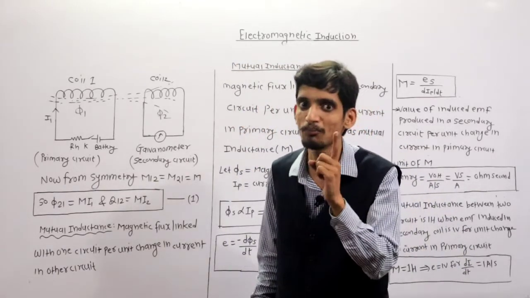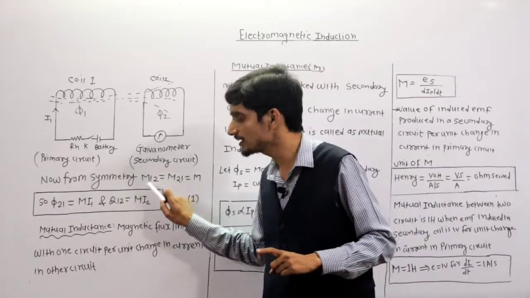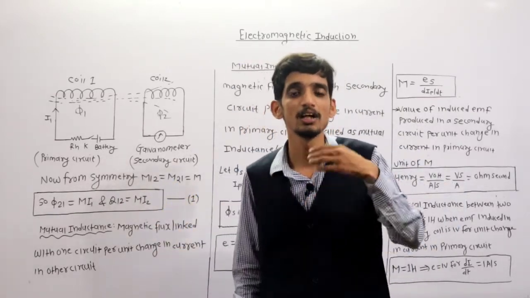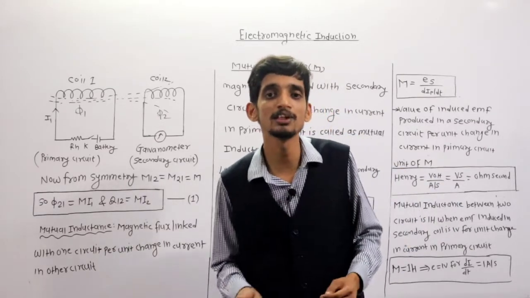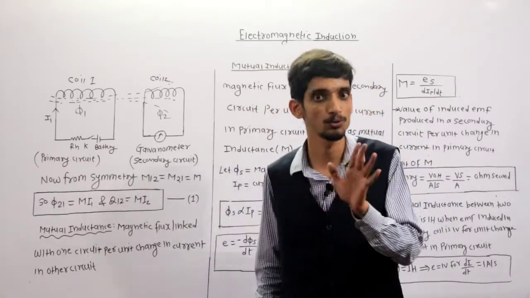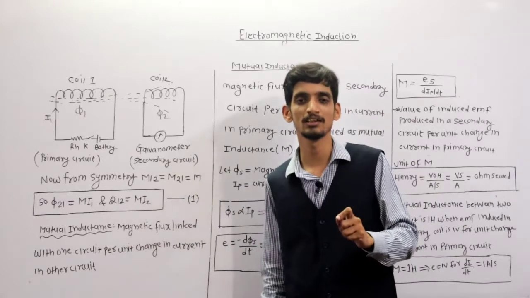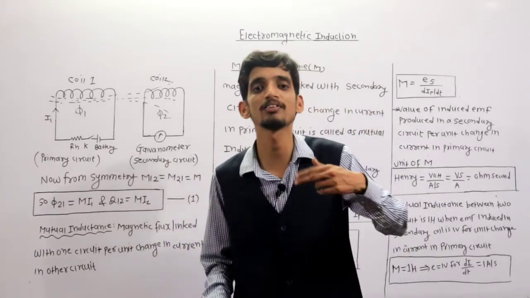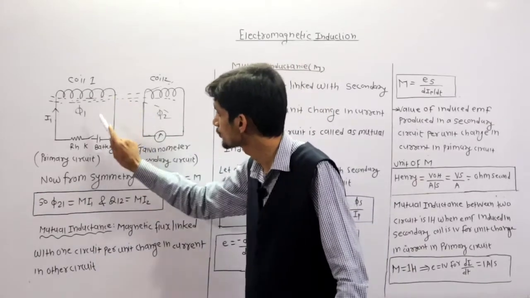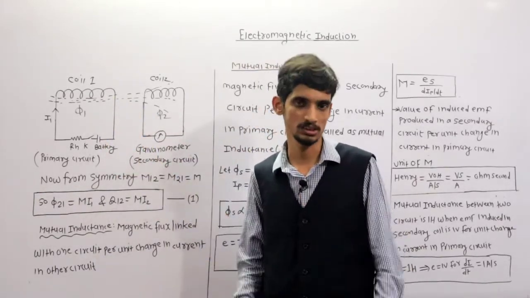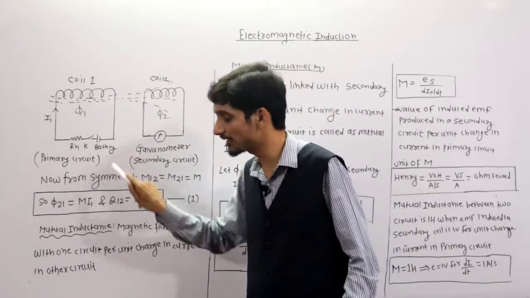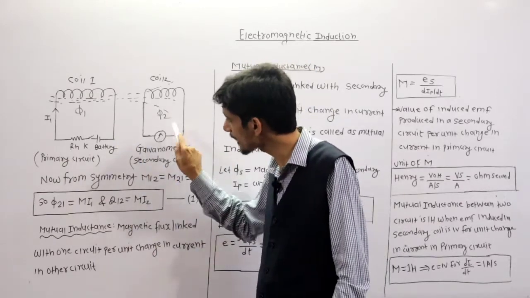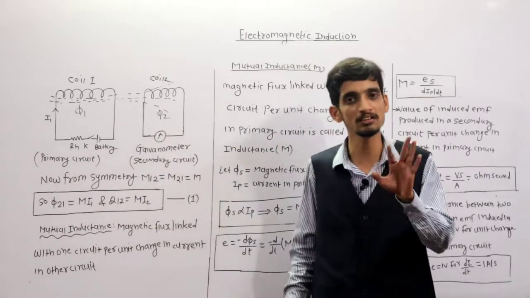Now one important point here: whenever I say EMF is induced in the first coil, I cannot say that M12 means EMF is induced in the primary coil. The terms primary and secondary are not used in terms of numbering. It does not mean that coil 1 is always primary. It is primary because the battery is directly connected to it. If the battery is connected to the other coil, then that becomes primary and this one becomes secondary. Clear? Okay.